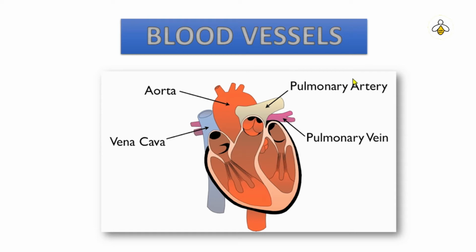There is a misconception that arteries always carry oxygenated blood. In case of the pulmonary artery, it carries the deoxygenated blood from the heart towards the lungs, where we pick up the oxygen, and the oxygenated blood is carried via the pulmonary vein back into the heart. So, this is how these four major blood vessels play their role in the blood flow.